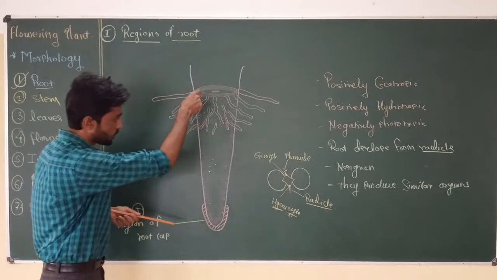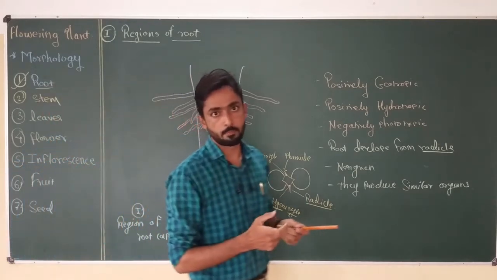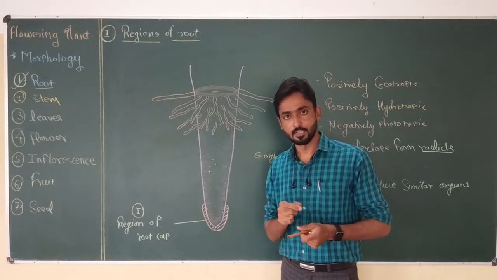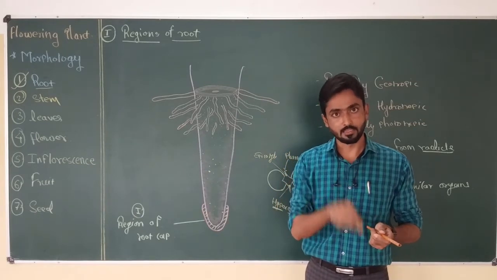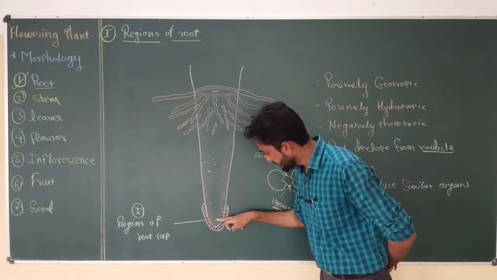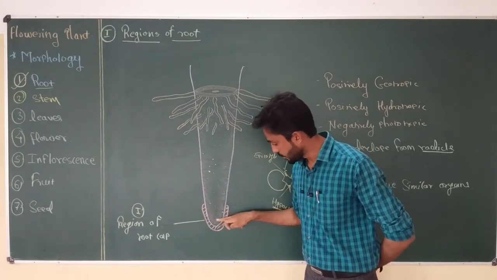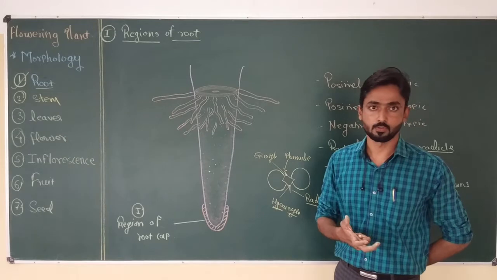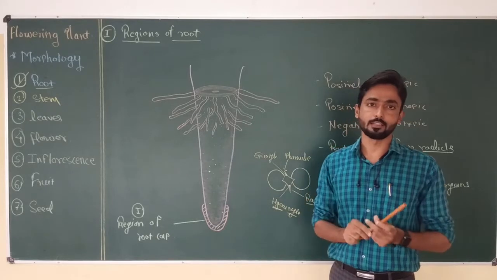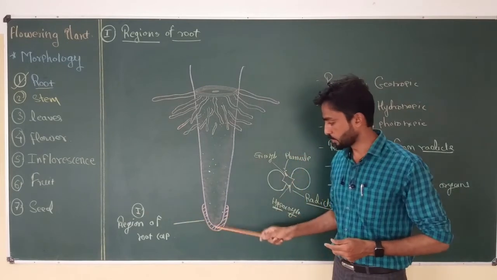We know that when the root grows, it goes downward in the soil and faces friction with the soil particles. So the root cap produces mucilage, and due to that mucilage, the passage of the root becomes easy in the soil. The second important function of the root cap is to protect the delicate tip of the root, because this is the region of the root where new cells are produced. So someone has to protect this part, and the root cap plays an important role in protecting the tip of the angiospermic root. So this is the first part of the root.